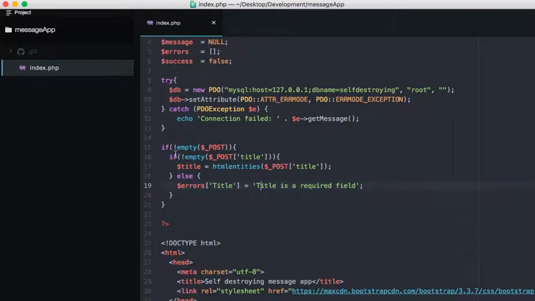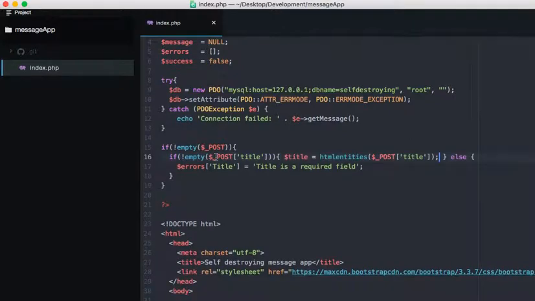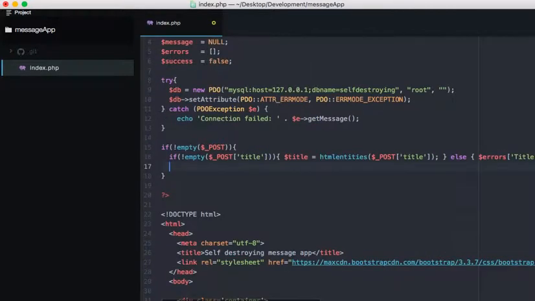Right, so what we're saying is the form has been submitted. We're checking for whether title is not empty. If it's not empty, then we can set the value to a clean version of whatever the user has submitted. Else, it is empty, and we want to set an error and say, right, title is a required field. So now that I've explained that, I'm just going to put this all on one line for readability